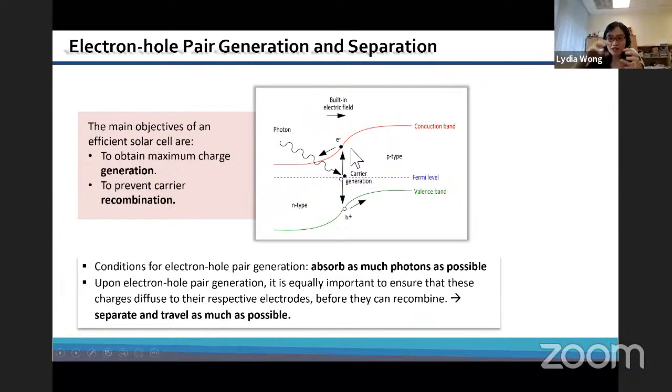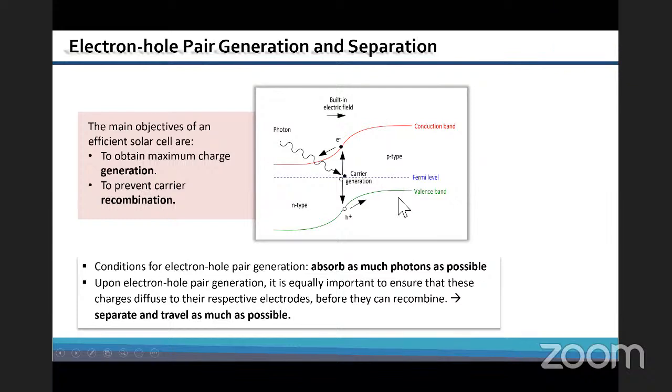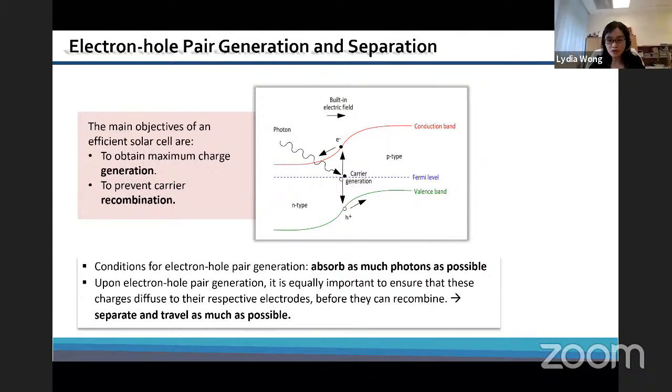In other words, you generate a lot of electrons and holes in the conduction and valence band. You need to make sure that these electrons and holes can move to both sides of the electrodes as much as possible. If along the way these electrons and holes meet with impurity, they can also recombine. Their lifetime will be short. Then you will lose the electrons, because the final current, the final power that you generate from this solar cell, only accounts for the electrons and holes that can reach the metal electrode.